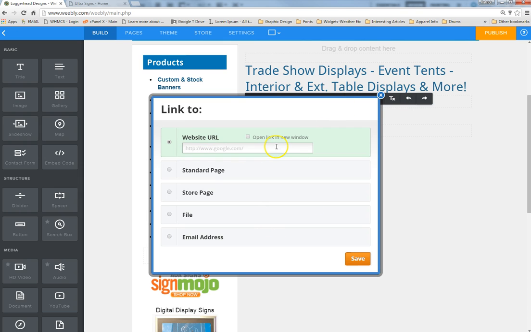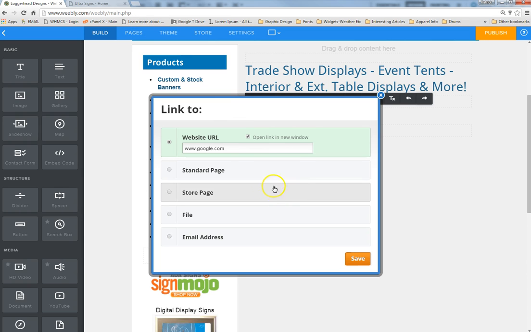in a website URL. So like if you wanted to direct a certain word to go to another website, you would just type in the URL here. We'll say google.com, and just make sure that you click on this little checkbox that says open link in new window, because what that'll do is actually open up the window in a separate tab, and nobody will technically leave